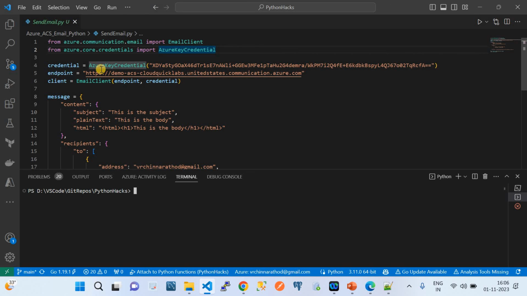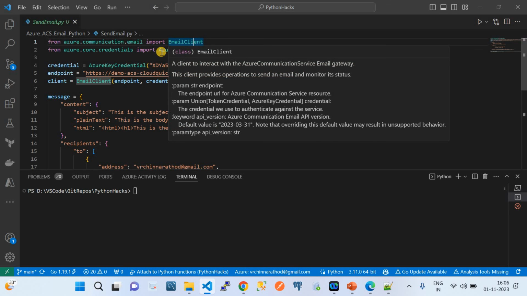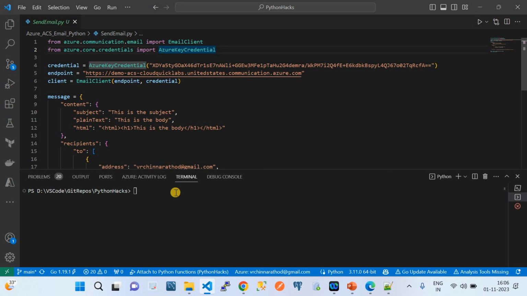Okay, so in this one we are using two Python SDK modules. One is Azure Communication Email, and we are using core credentials. So in that one we are using EmailClient and AzureKeyCredential. Before you use these modules, you need to have your system installed with them. And in the case of automations, you need to make sure that your automation environment is installed with these